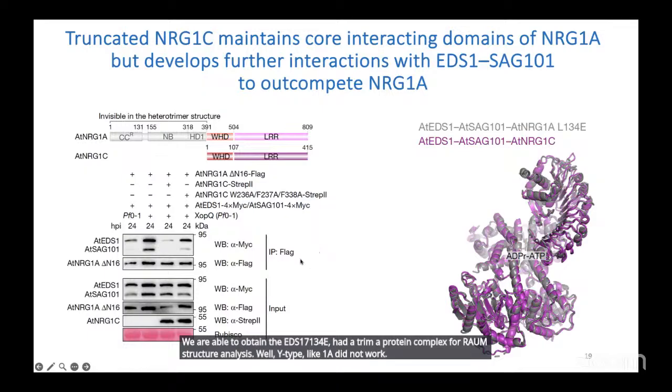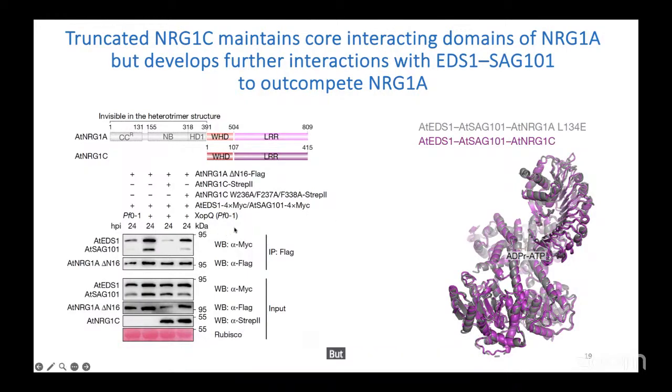Even though we use full-length proteins for structural analysis, the full-length NRG1A L134E with only one single mutation, we are only able to observe part of the NRG1A, the C-terminal WHD plus LRR, and the N-terminal part is not